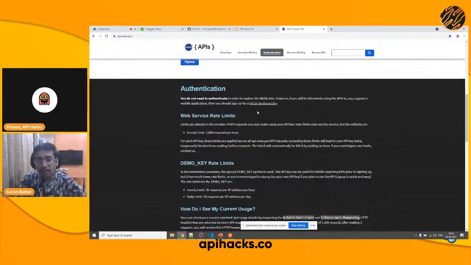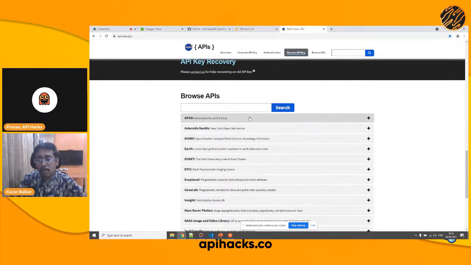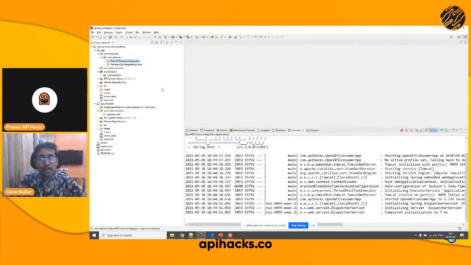However, this kind of APIs have a lot of limits. So there is of course a limit that has been associated with this. So for you as a developer to come up with something like this, maybe you need to create your own API. This is where you can leverage the API first approach. How this can be done is what I will show you now. This is a project that I had created that will show how we can develop an API using an API first approach.